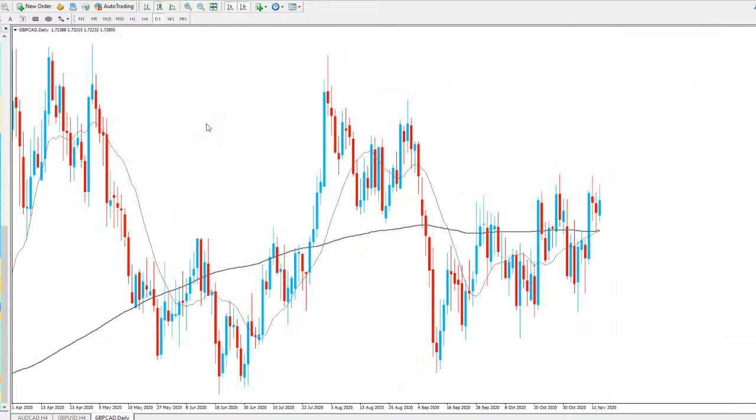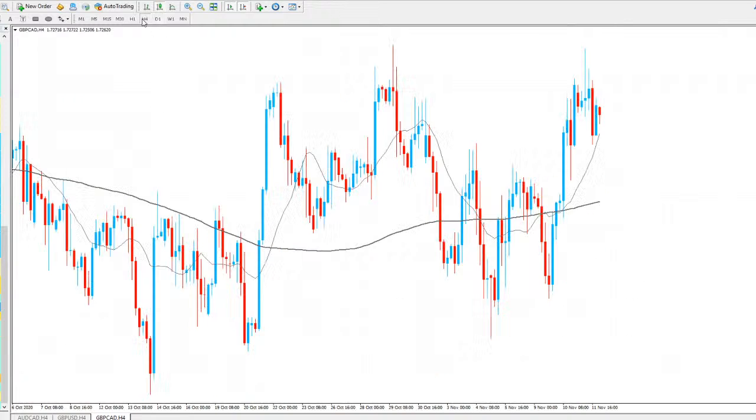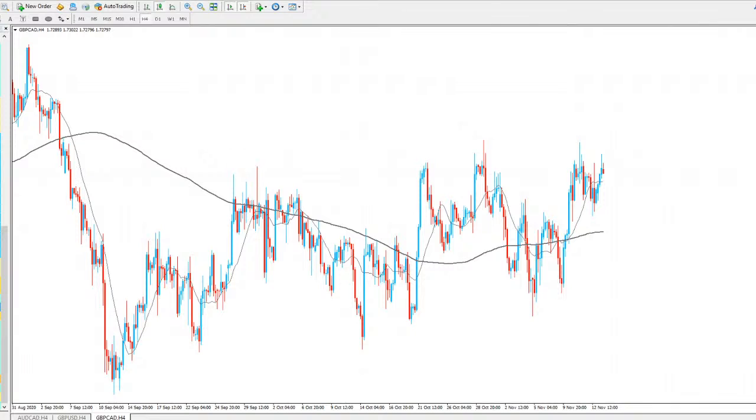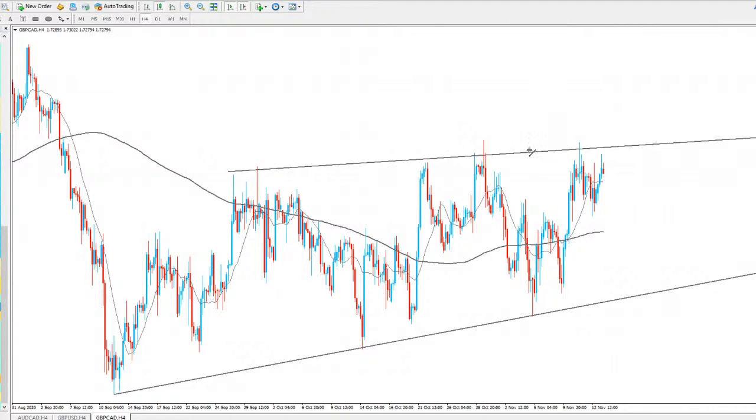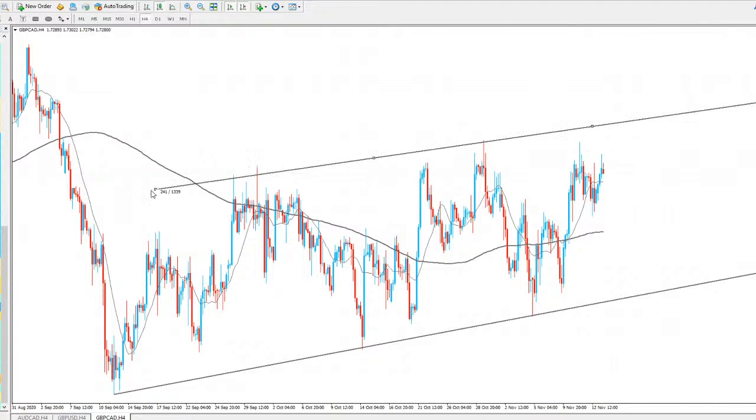GBPCAD, this one again is not really the cleanest. The market got a big push to the downside, and from then on we've just been looking quite messy. So this could just be a pullback from that big push to the downside, and then price continues. We do have a little bit of a channel going through the market on the lower time frame, the 4H, as you can see. Connect the wicks there, and I'll connect the wicks higher up here. So of course we've got the highs and the lows of the trend line now. Initial test there, second test there, third test there. We've got the first test there for that wick, second test there, and the third test of the